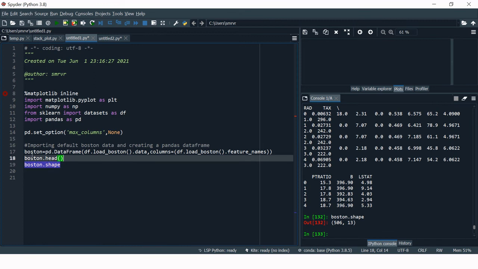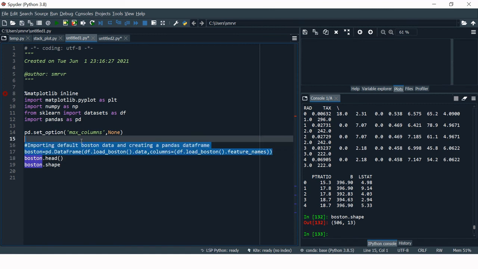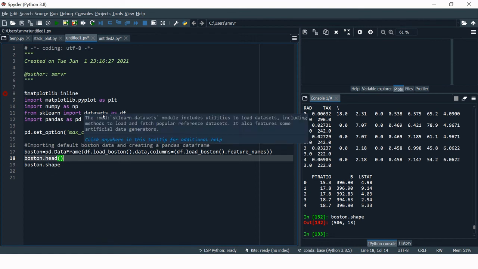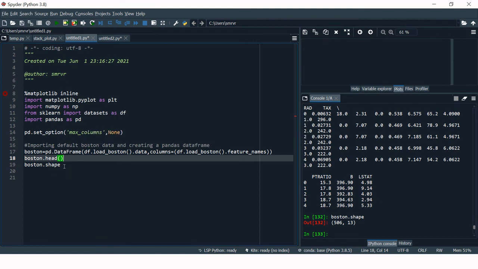This is the existing data in Python, and you can use this syntax to load this particular data from the Python sklearn datasets library. So you use this complete syntax.